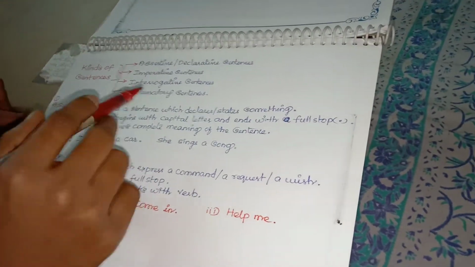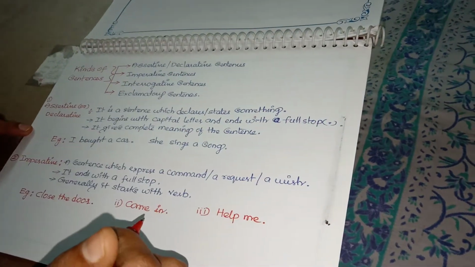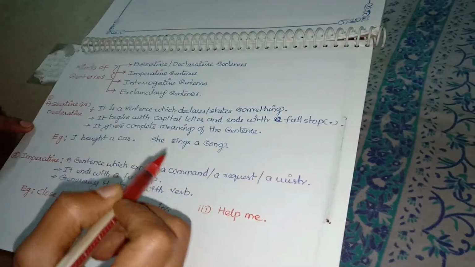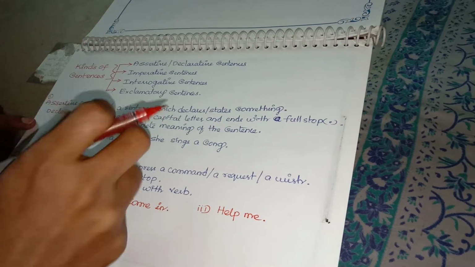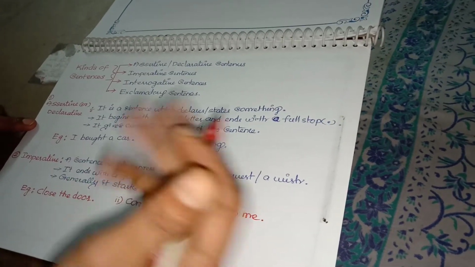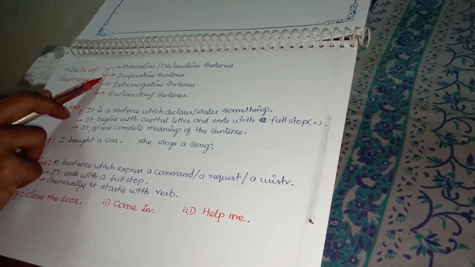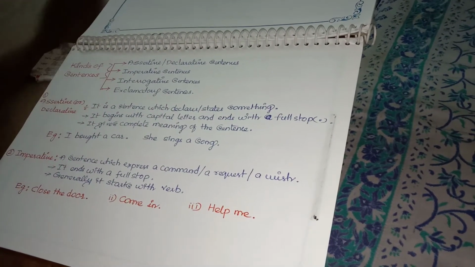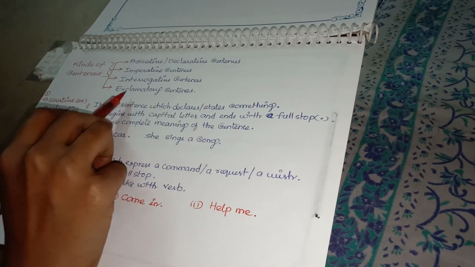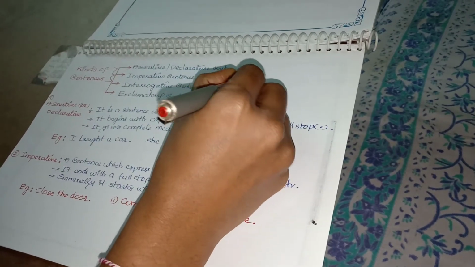Next, how many types of sentences are there in English? Everyone writes different sentences, and everywhere we use a language we will definitely write sentences. While writing, you have to identify which type of sentence you are writing and how to write it. Generally we have 4 types of sentences in English: assertive or declarative sentence, imperative sentence, interrogative sentence, and exclamatory sentence. Mainly these 4 categories are there in English.